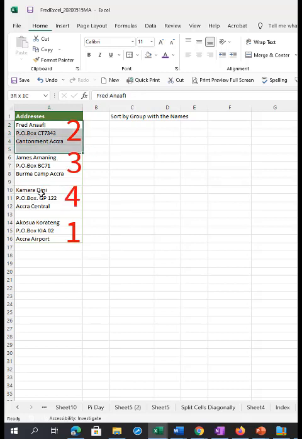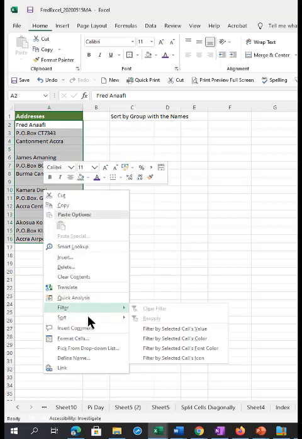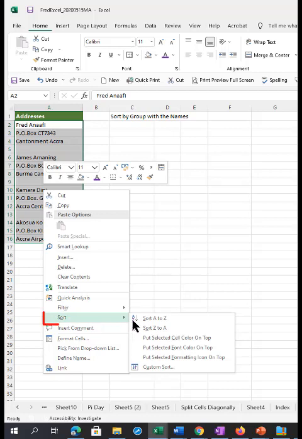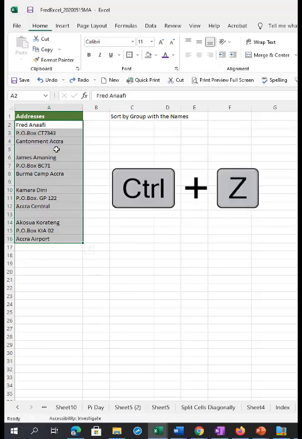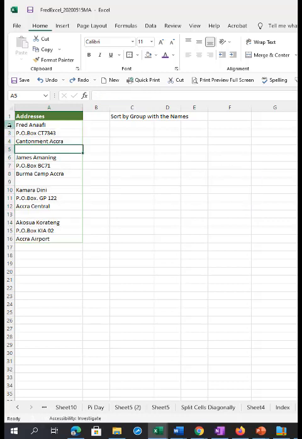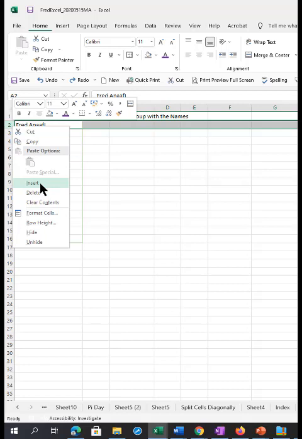Note that if we just select the range and do a quick sort from A to Z, this is what we'll get, and our data will be messed up. This is not what we want. Control Z to return. So to get the result we want to see, we'll insert an empty cell in here,